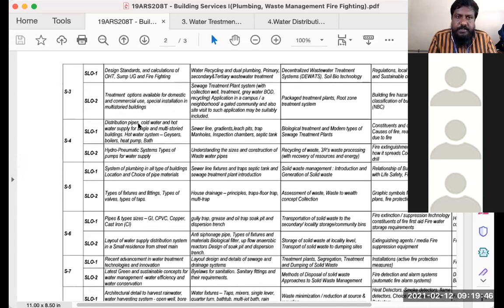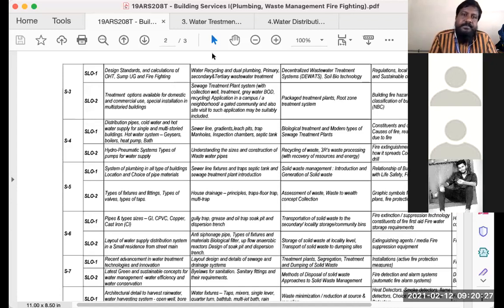Here in the distribution pipes, today's class, we won't look into the cold and the hot water supply of single and multi-story unit. Whereas we'll first look into understand how the distribution happens on a community wise or a town wise. And then we go on to the next level of looking into an individual unit. So today's class, we'll get to know about how the distribution happens in a community or a town. Then we'll just have a glance into what are the different types of pipes used in the system.